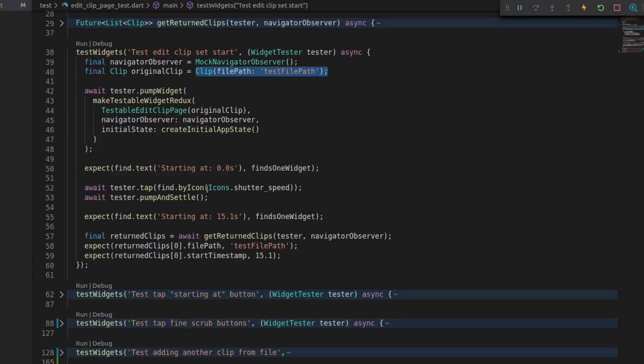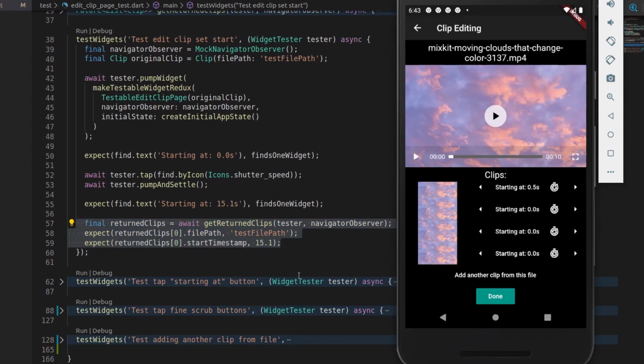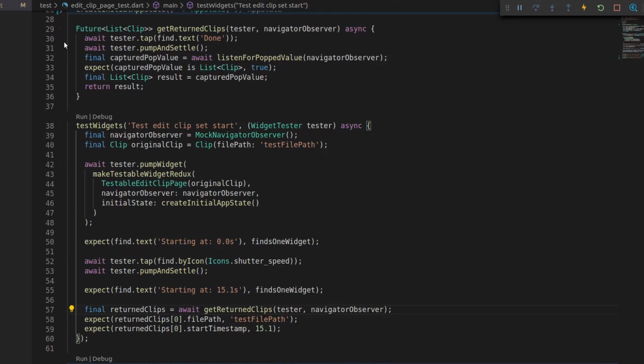Then it taps the shutter speed button, and since we mocked the previewer controller to return 15.1 seconds once it was requested the video info, we now expect the starting at button to have the 15.1 second mark. Finally, I'm checking that the page returns the proper clip once the user clicks on the done button, and the following tests follow the same